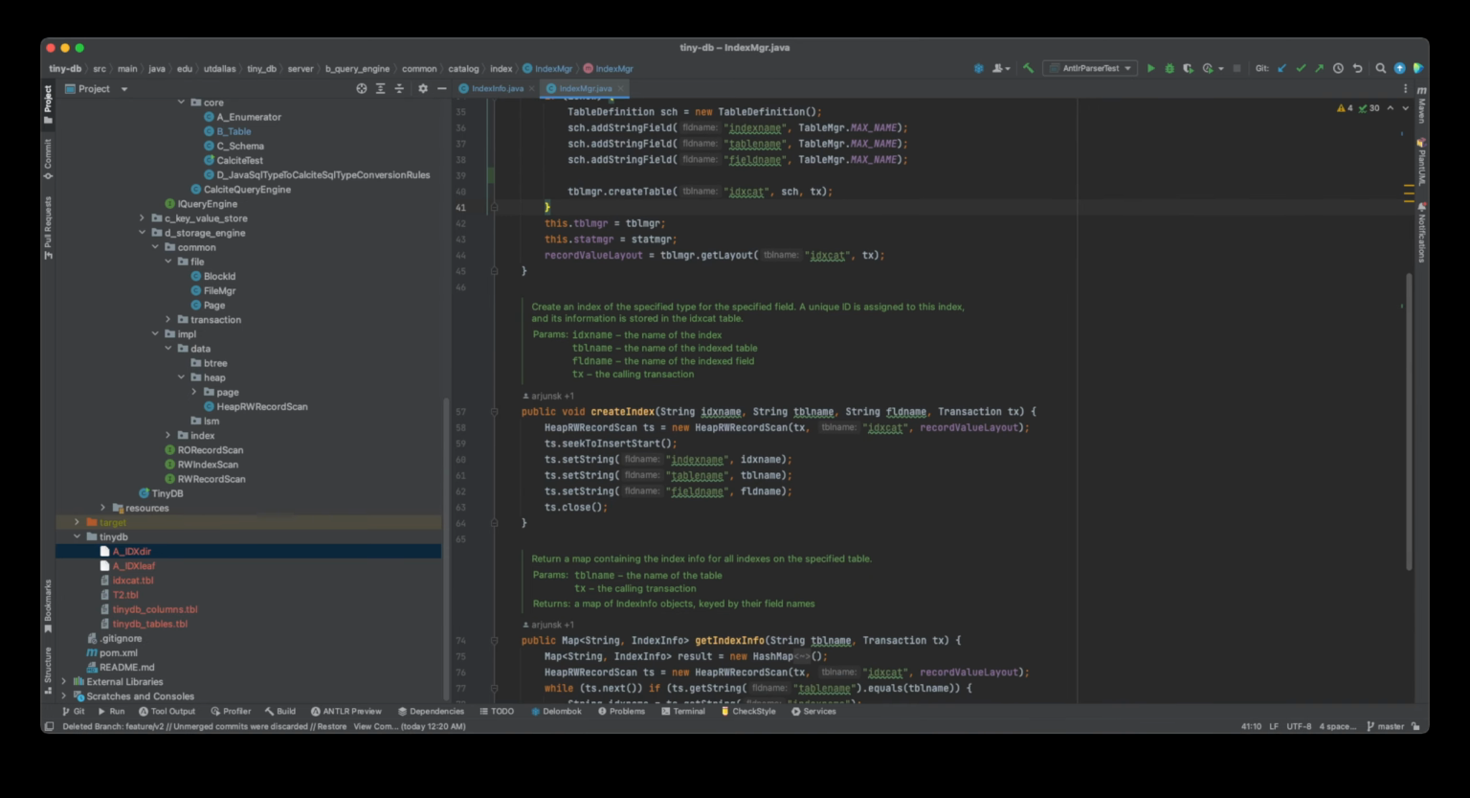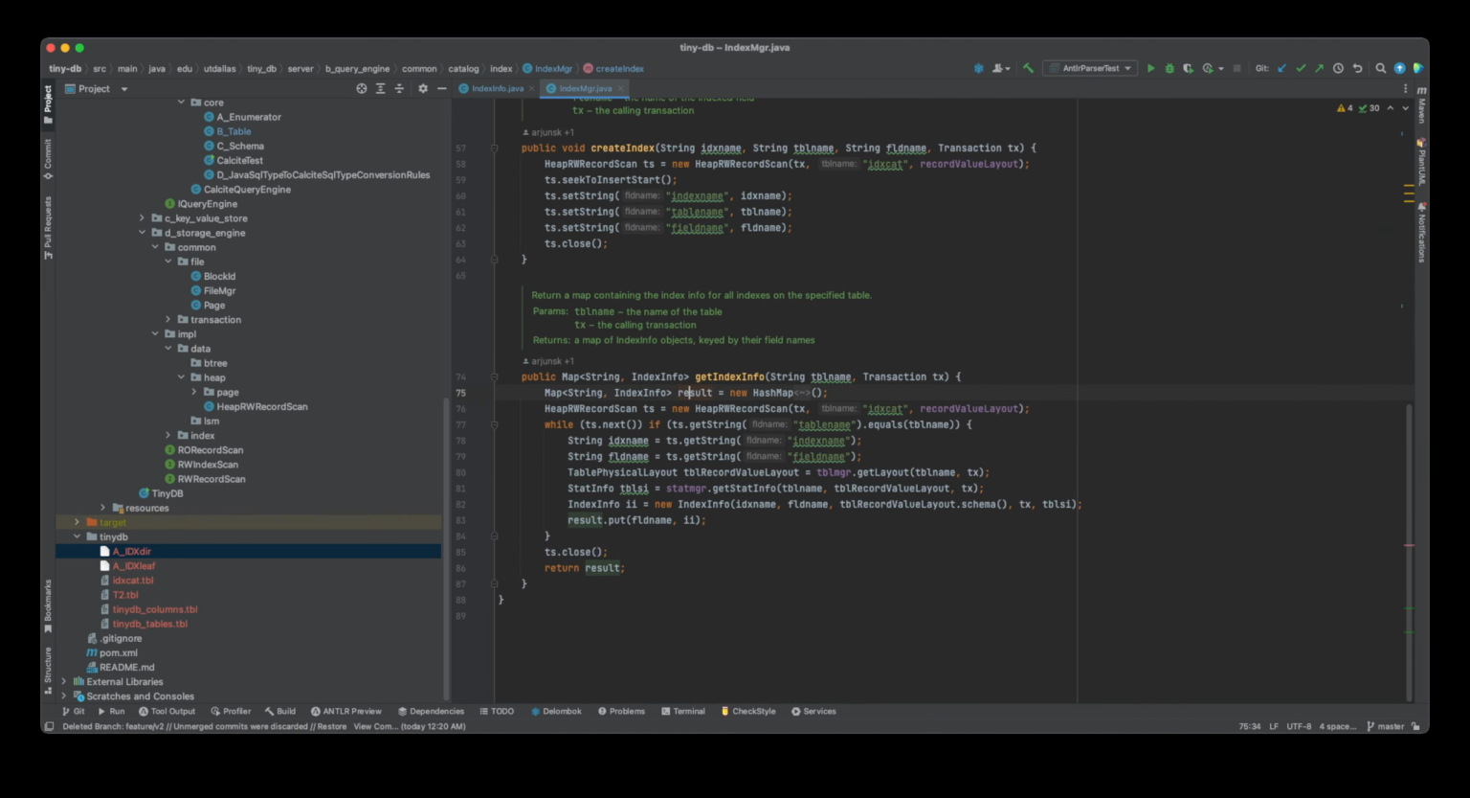So when we are creating an index, what we do is similar to what we have seen so far. We create a record scan, then we seek to the insert beginning, and then we correspondingly set the index name, table name, and field name. And similarly, when we want to get the